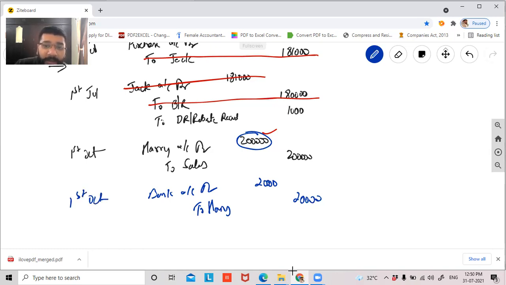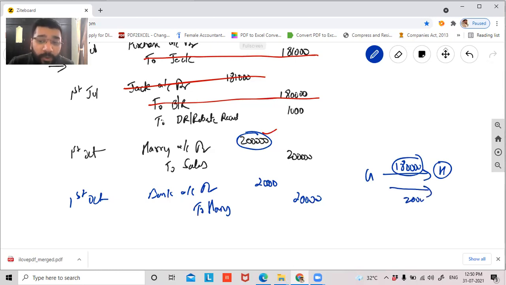So what has happened, guys? Georgie was owing 1,80,000 rupees to Harry, which means Georgie was supposed to pay this 180 to Harry in future. Instead of paying cash, what did Georgie do? Georgie gave 2 lakh worth goods, that is, he sold 2 lakh worth goods to Harry. So Georgie said, see, I'm giving you 2 lakh worth goods. Settle this. You don't pay me cash back, because I have to pay you 180. From this 2 lakh, you minus this 180. What do I have to pay you? Balance 20,000, you pay me. So that's what has happened.